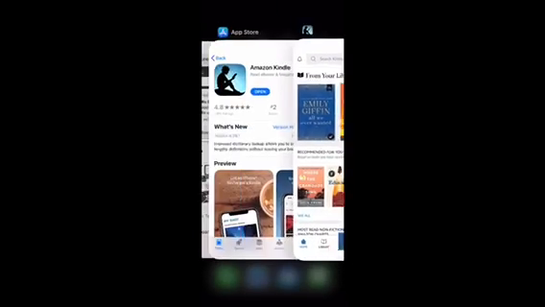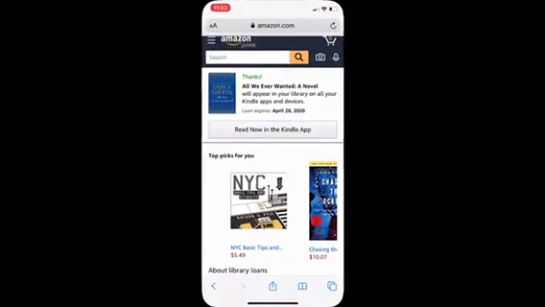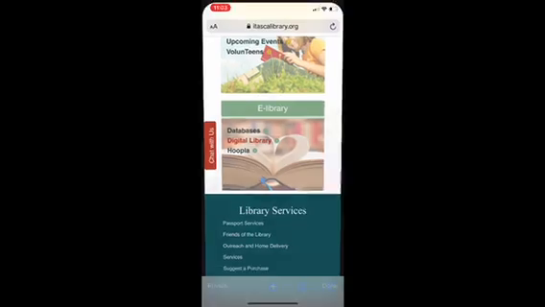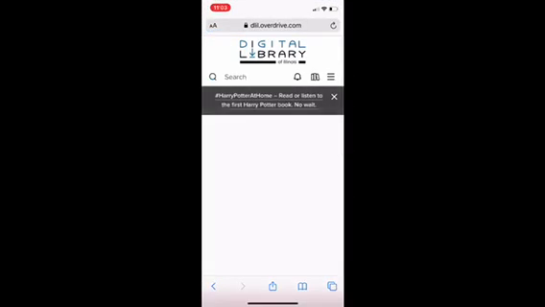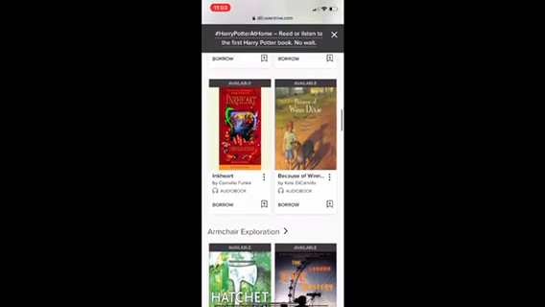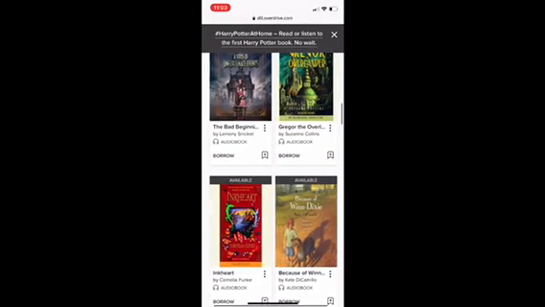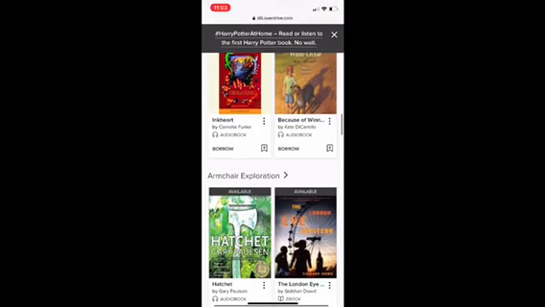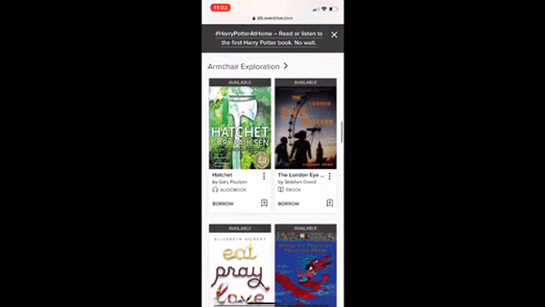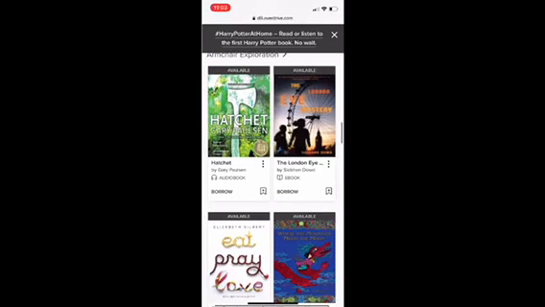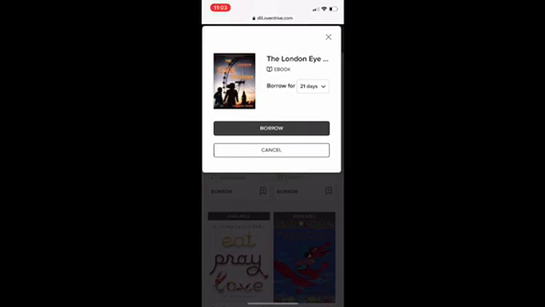So once again, what you do is you're going to go to the Itasca Library website, go to the digital library. You're going to find a book that is available to read, and it would have to be an ebook. Keep that in mind. It has to have the ebook with a little book icon. There's a lot of audiobooks, but we don't want that. You would find an ebook, going to borrow it,